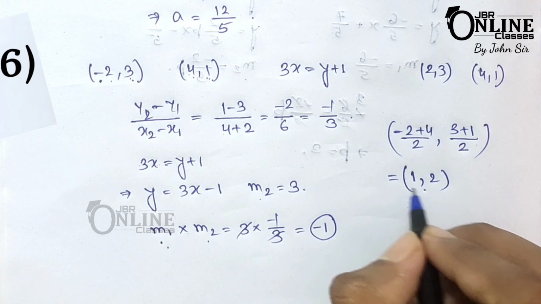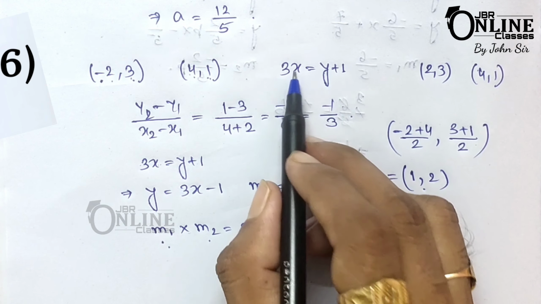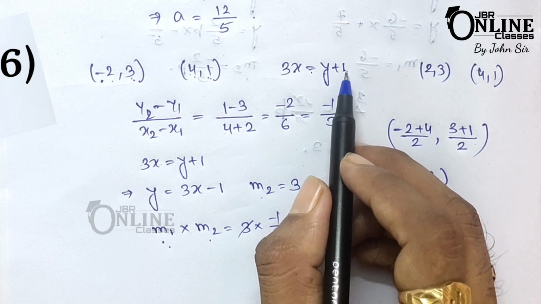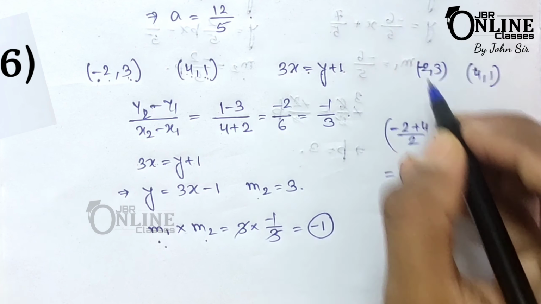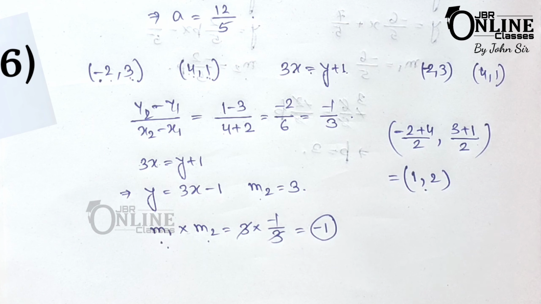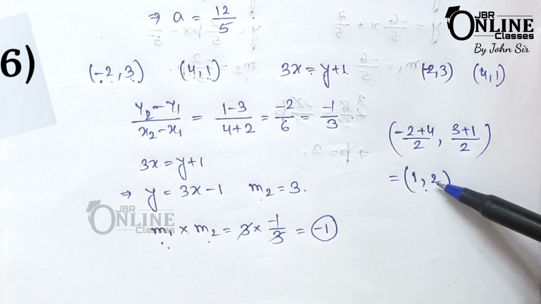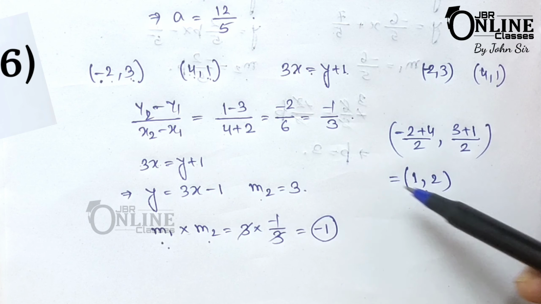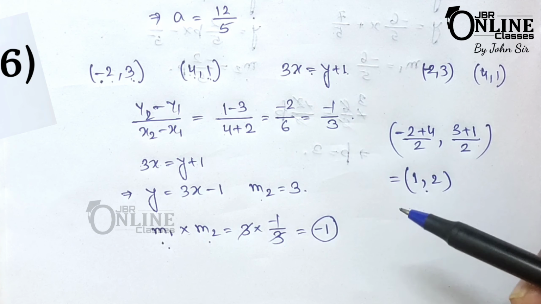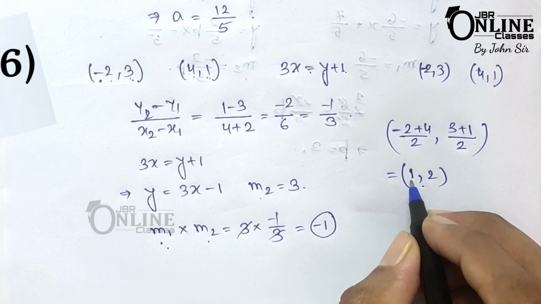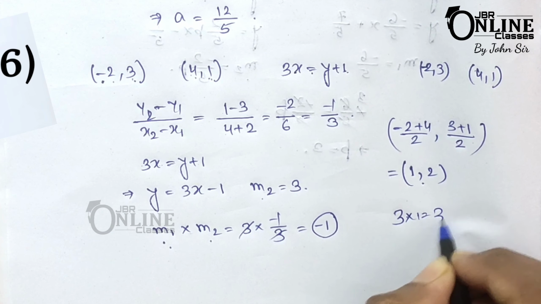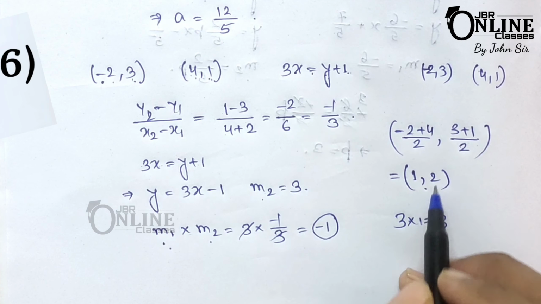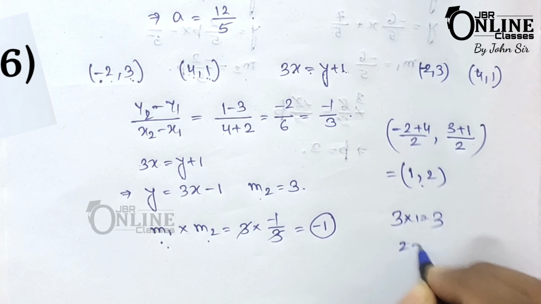Now if the midpoint 1, 2 lies on the line 3x equal to y plus 1, then it will satisfy the equation. Okay, then it will satisfy this equation. So this is minus 2, sorry, only 2 is minus 2. So now I am going to put down this value, that means 1 and 2, in this equation, and if it satisfies, that means this line bisects the join. So as x equal to 1, left hand side equal to 3 into 1, that becomes 3, and right hand side y plus 1, that means 2 plus 1, and that equal to also 3.